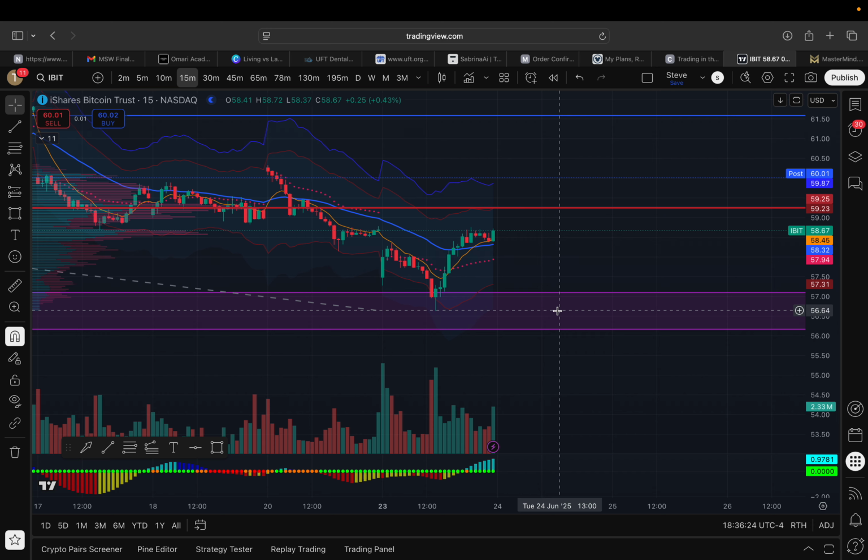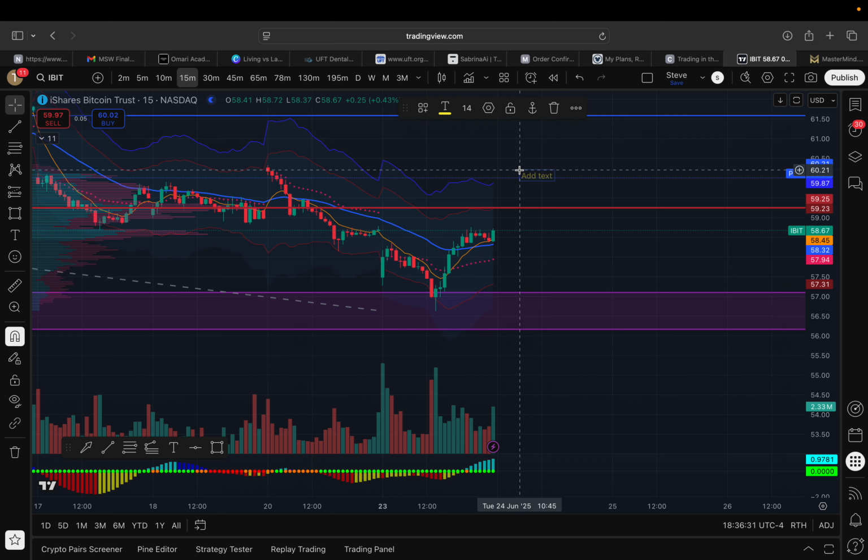There are two types of triggers: a fast trigger and a slow trigger. We're going to go over the fast trigger first. The fast trigger takes place on a 15-minute chart using the 8 and 34 EMA